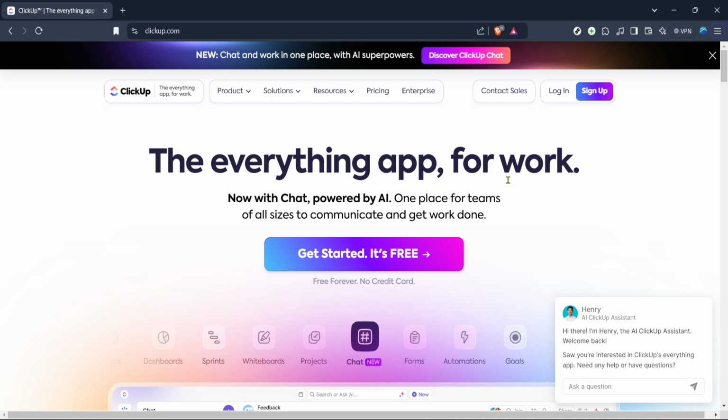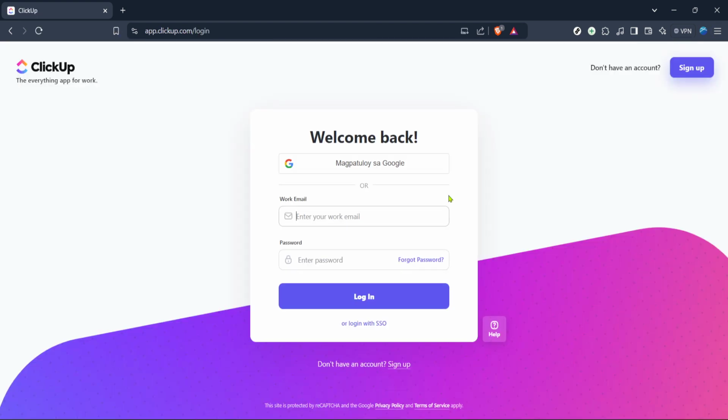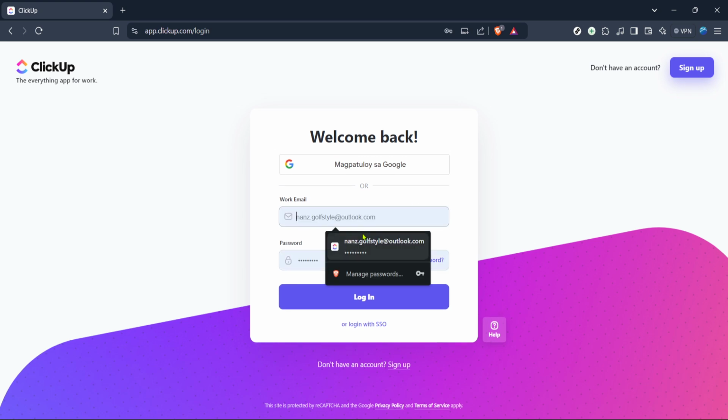To begin, you need to access ClickUp, which is a comprehensive app designed to enhance work productivity. Open your preferred web browser and navigate to the ClickUp website. Once you're on the ClickUp homepage, you'll be prompted to log in. Start by entering your email address. Make sure you type in the email associated with your ClickUp account. If you haven't created a ClickUp account yet, you'll need to sign up first, which is a straightforward process that